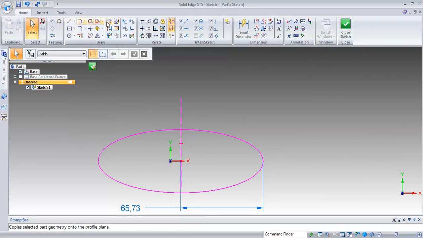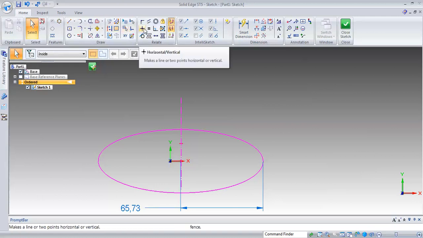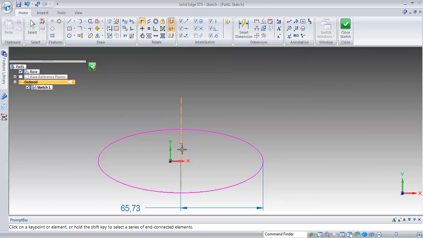Next, to connect. This is how it will get connected.